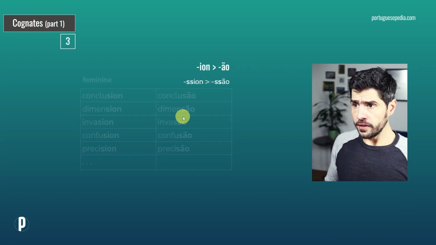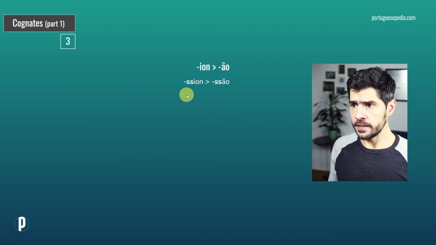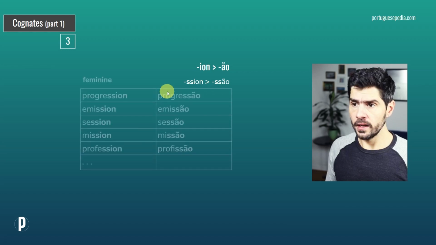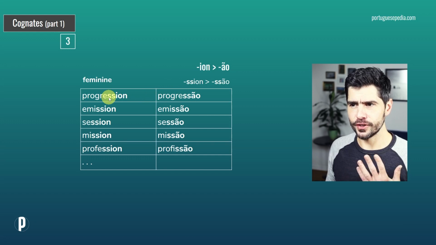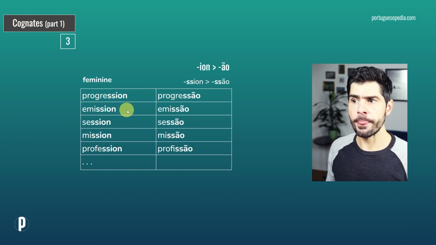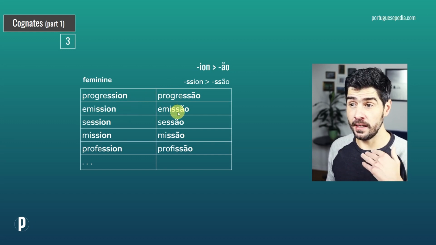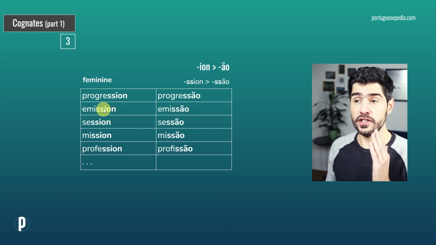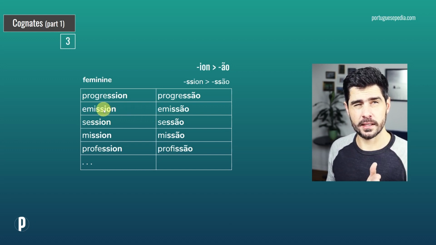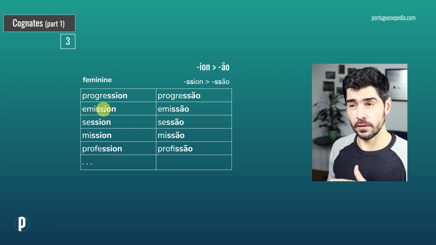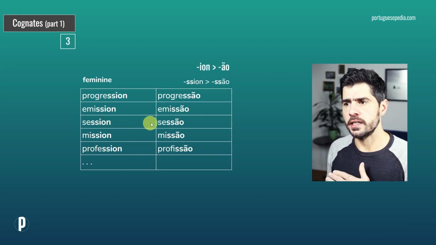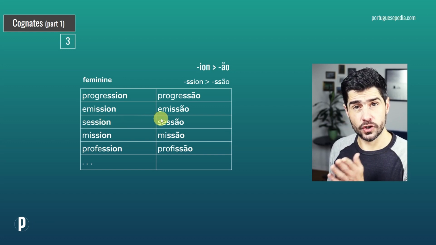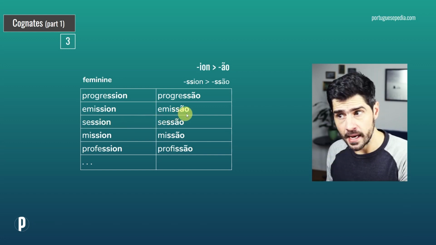All right, the third subgroup is this one, double S in English and double S in Portuguese as well. So progression, progressão, emission, emissão. But you see, it is the same principle. We are stressing in English the second to last, next to last syllable, emission, session. And in Portuguese, we will be stressing the last syllable, emissão,